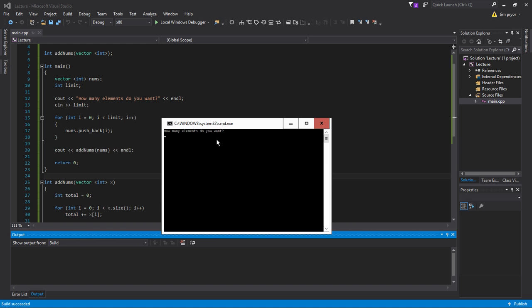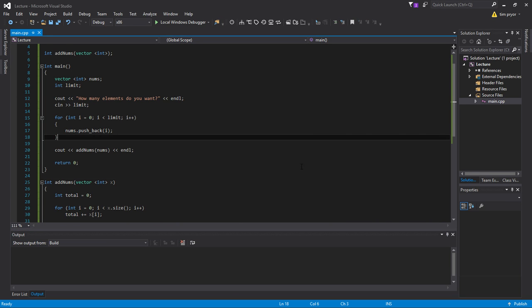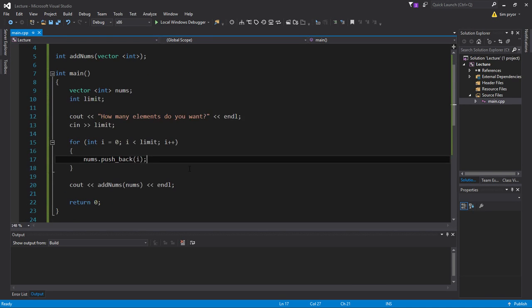If I were to run this again and say 100, we get 4,950, because that's every single number added against its previous or next up, altogether summed. So that's a real quick intro into vectors. There is a lot of documentation on Blackboard for this. Now, I don't cover this topic very extensively only because I'd like you guys to have a more rudimentary understanding